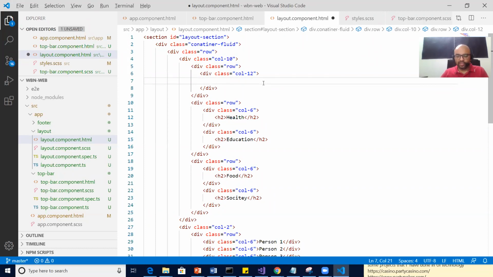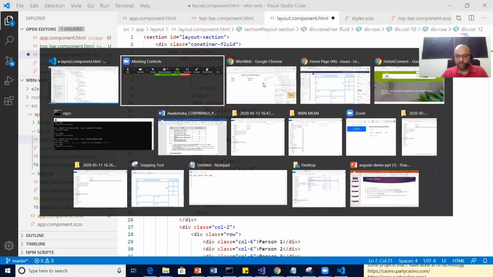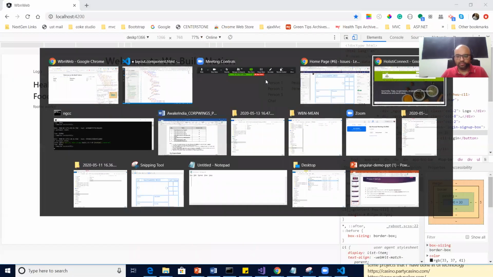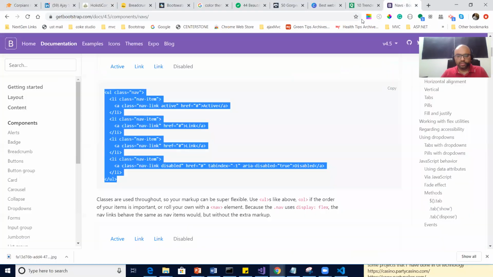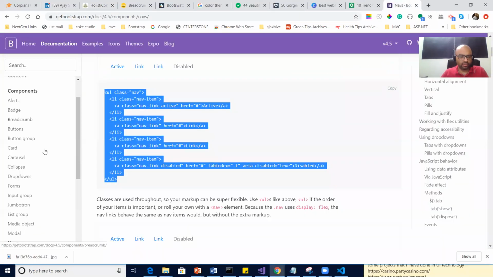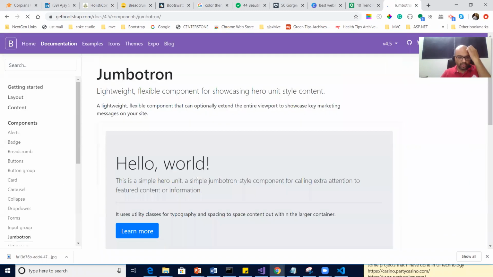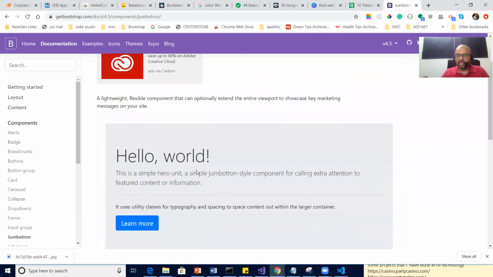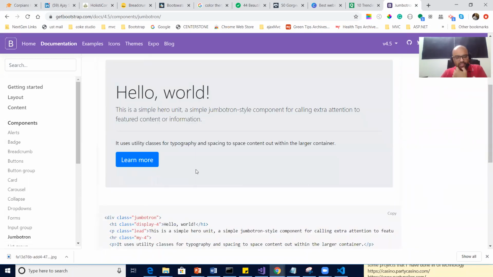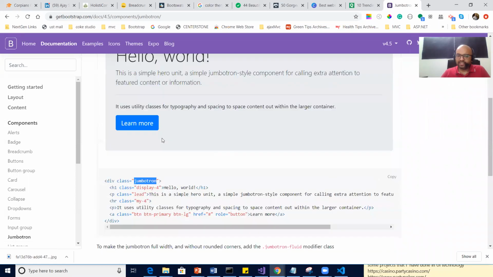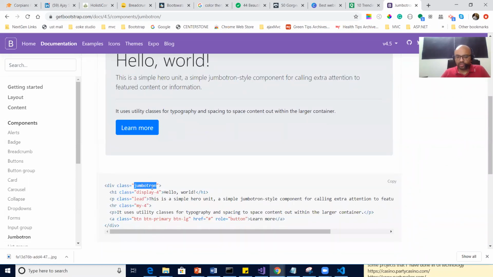What I can do over here is there's a term called Jumbotron. Heard about it in Bootstrap? Yes, sir. Jumbotron, right? If you don't want to make, let's say, a carousel, or at least for now we don't have a carousel, we can put a Jumbotron. It's a ready-made class, so start with the Jumbotron class.